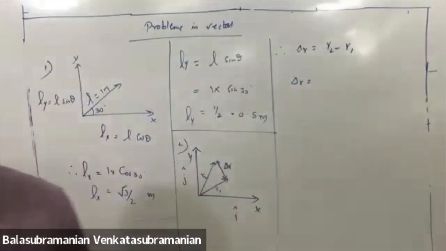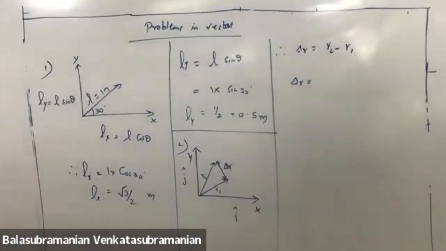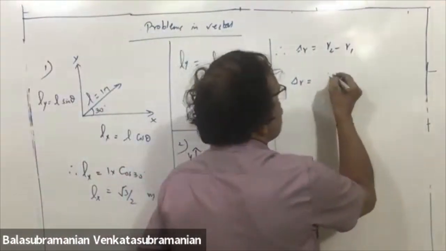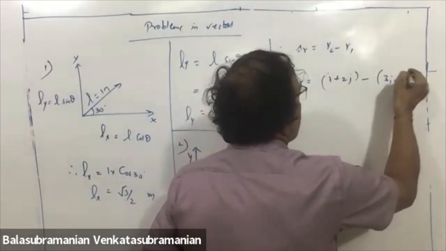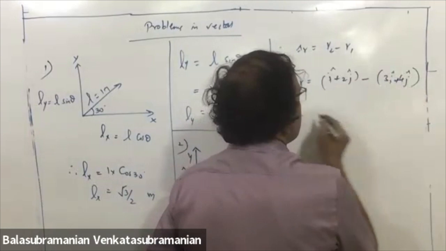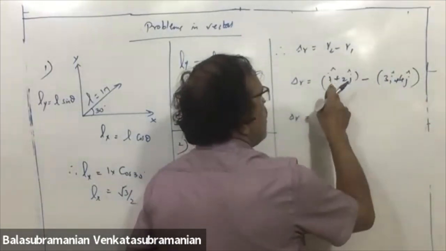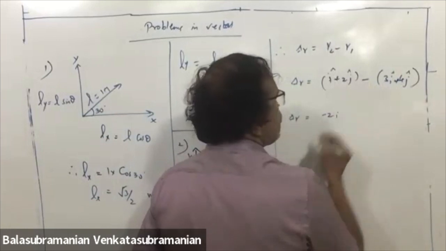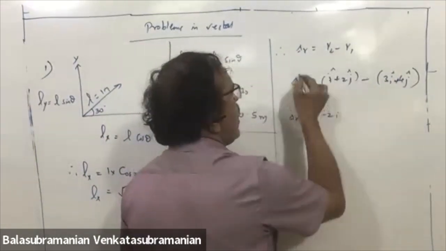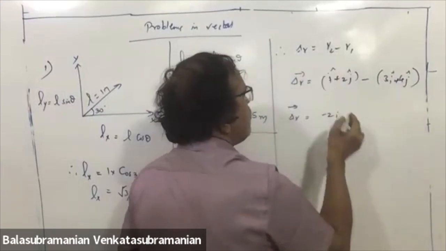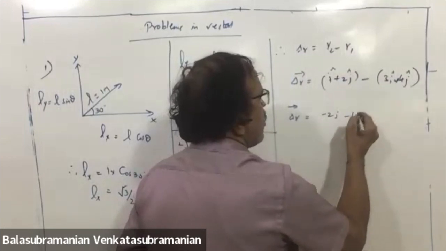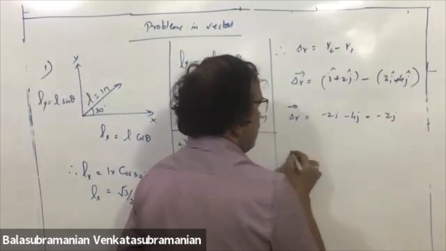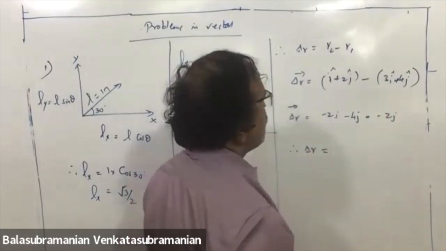What are the data given? R2 as i plus 2j and R1 as 3i plus 4j. So i plus 2j minus 3i plus 4j. i minus 3i is minus 2i, 2j minus 4j is minus 2j. Therefore, delta R is equal to